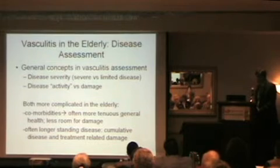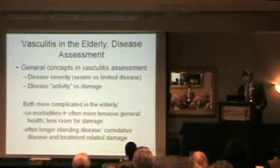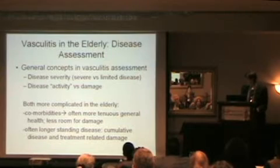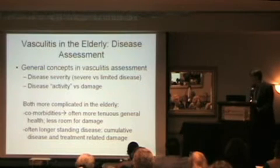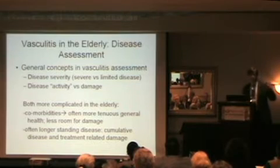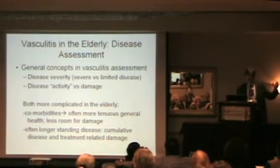And the other issue is, we're doing better. You looked at that slide about a 70% 3-year mortality with Wegener's if we looked at patients in the 1960s, and now we're doing much better. But that also means that these patients with small vessel vasculitis are living into their 70s and 80s. So there's been more cumulative damage that becomes relevant, both related to medications that they've seen in the past. Maybe their 3 years of cyclophosphamide in 1970,